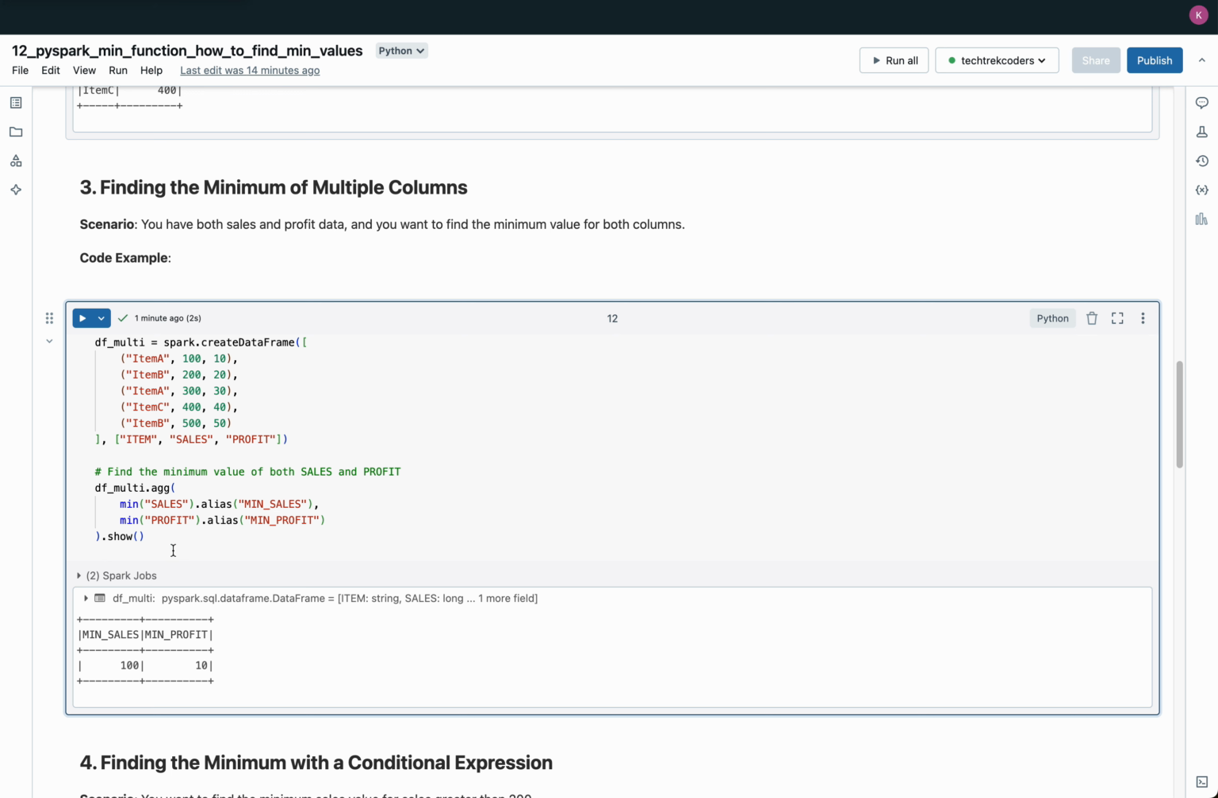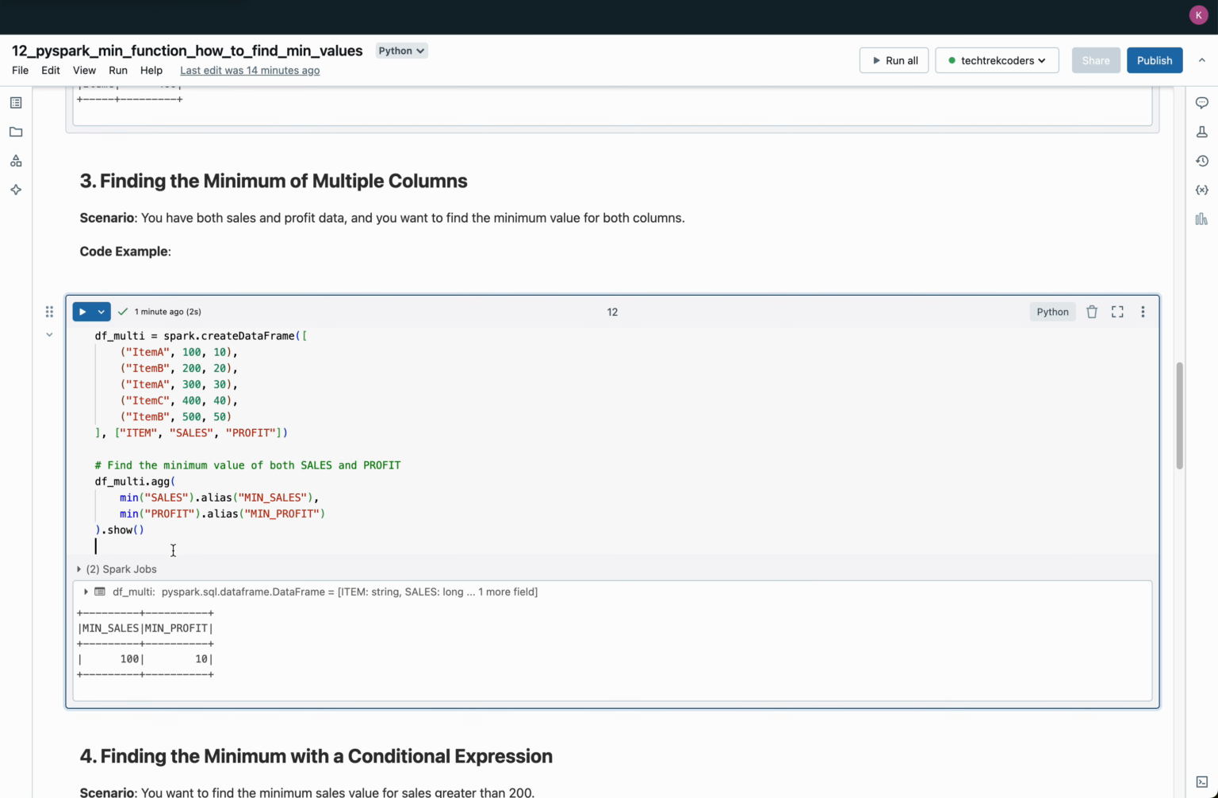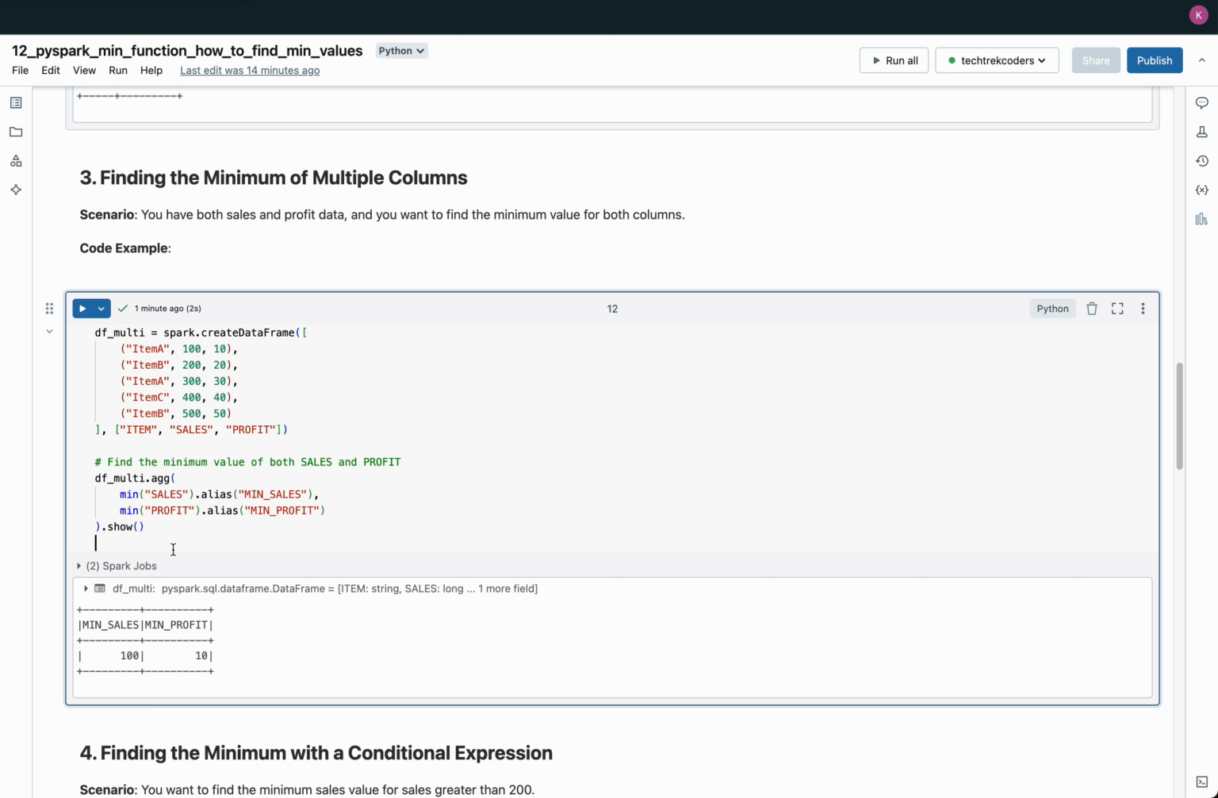For example, if the sales values are 100, 200, 300, 400, and 500, the minimum function will calculate the lowest sales value as 100. Similarly, for profit values of 10, 20, 30, 40, and 50, the lowest profit value will be 10. This example demonstrates how you can use aggregate along with minimum to calculate the smallest value for multiple columns